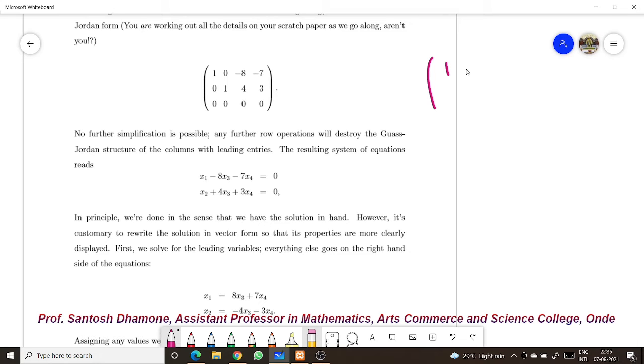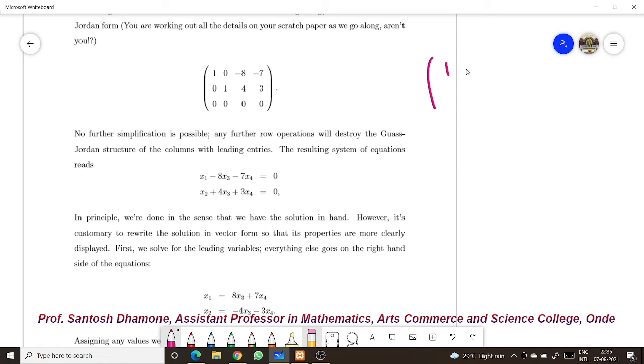We get the system of equations by multiplying the first row into the first column, first element to first element, second to second, third to third, and fourth to fourth, and adding them we get